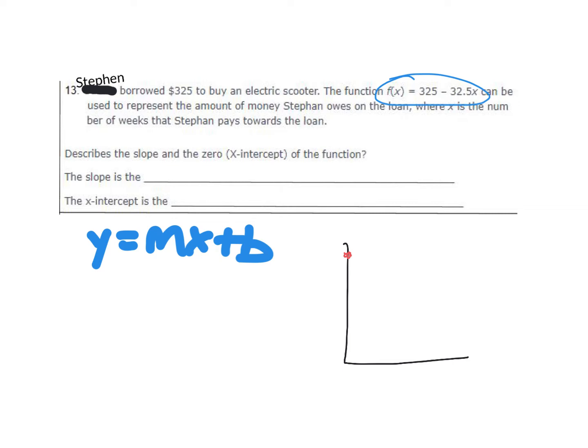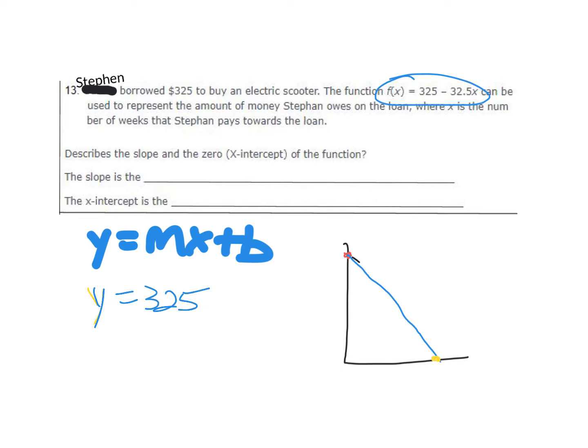And the slope is negative because he begins to pay it back. He begins to pay off the loan at $32.50 a week. And then eventually he gets down here to the x-intercept, or the zero. So what you need to understand is what the slope means and what the x-intercept means. So again, in this specific equation, y was equal to